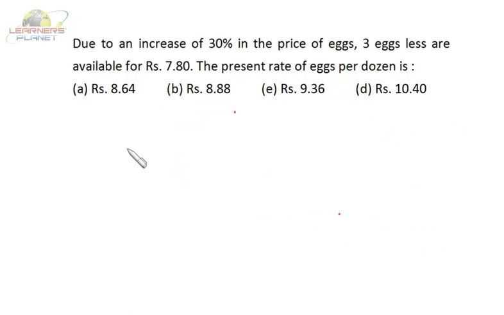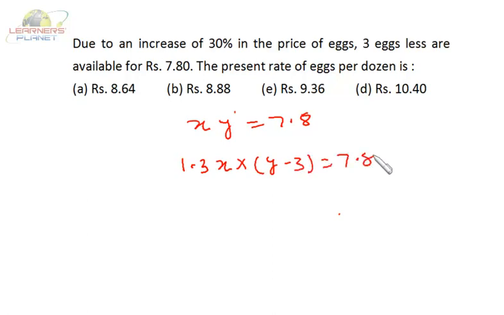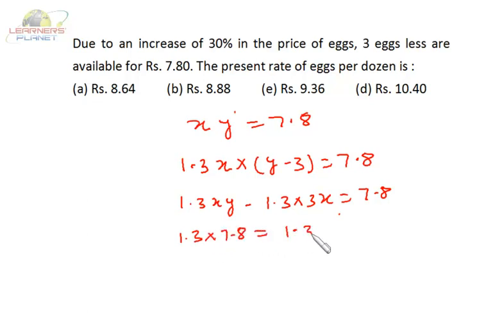Now let's assume the price of egg is x rupees and the quantity which we are buying is y. So x into y is 7.8. Now since the price is increased by 30%, the new price will be 1.3 times the previous price, and the new quantity is y minus 3, still it is 7.8. So 1.3xy minus 1.3 into 3x is equal to 7.8. Now this xy is 7.8, so I just put over here 1.3 into 7.8